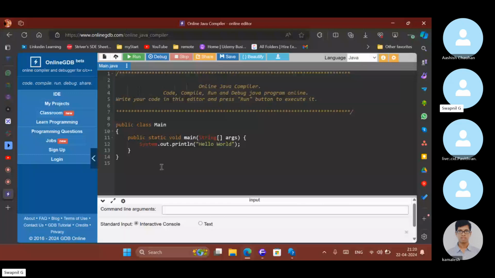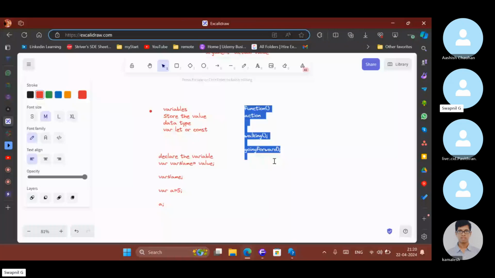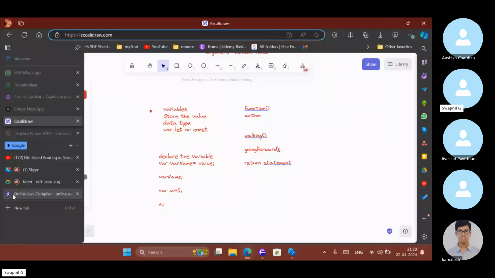The one difference that we didn't talk about in the last session is that each function has a return type. Each function has a what? A return statement. What is a return statement? In JavaScript, it is often not clear to a lot of developers or students. So that is why we are looking up to Java for that matter.